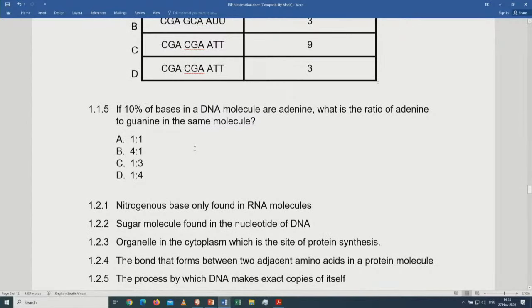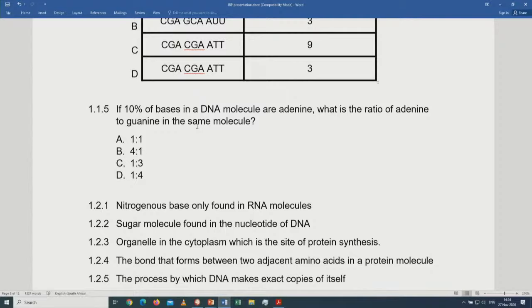If 10% of bases in a DNA molecule are adenine, what is the ratio of adenine to guanine? Percentages, it is out of 100. And we are told that 10% is adenine. Now, if 10% is adenine, that means thymine will also be 10%. But this is not what we are asked. We need to determine the ratio of guanine. Now we are left with 80%